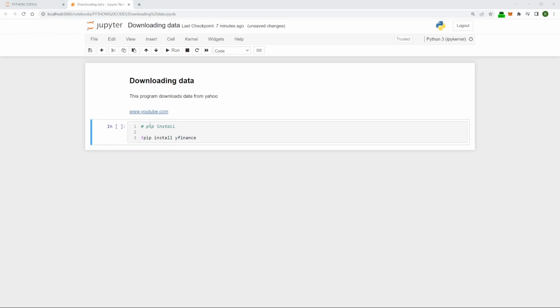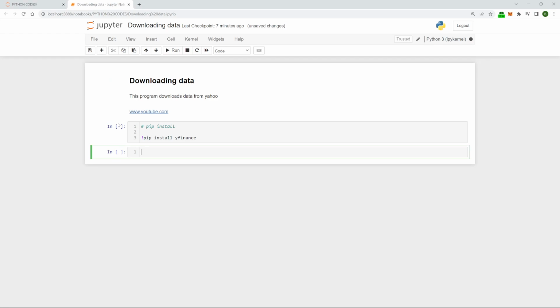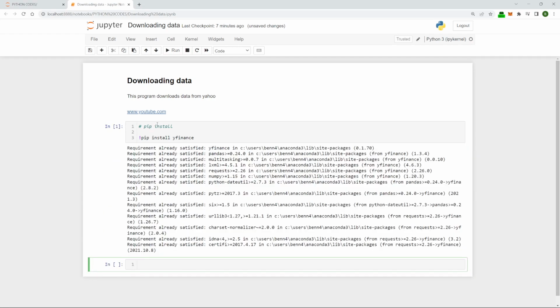So once your cell looks exactly like this, you just come up here and see this button that says run, and just run the cell. Now you can see I've already downloaded Y Finance, obviously, but for you, down the bottom here, it'll say successfully installed or something like that. Once you run that cell and it's happy, you'll know a cell's been run because up here it puts a number in these square brackets. So once you've done all this, what we can do is I would suggest you just come here